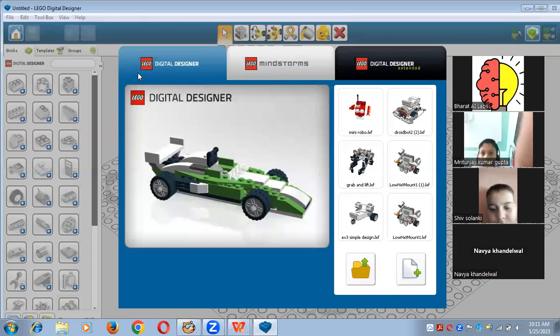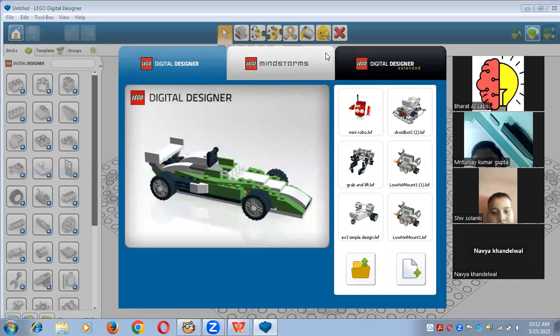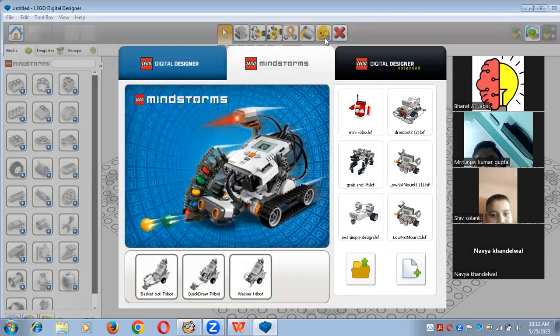As you can see, these are the kit materials, right? When I click on this Digital Designer, you can see you can make that kind of toys, autonomous toys or remote control toys, right? If I click on this Lego Mindstorms, then you can see you can prepare that kind of robotic body, which you can see on the screen right now. Okay,